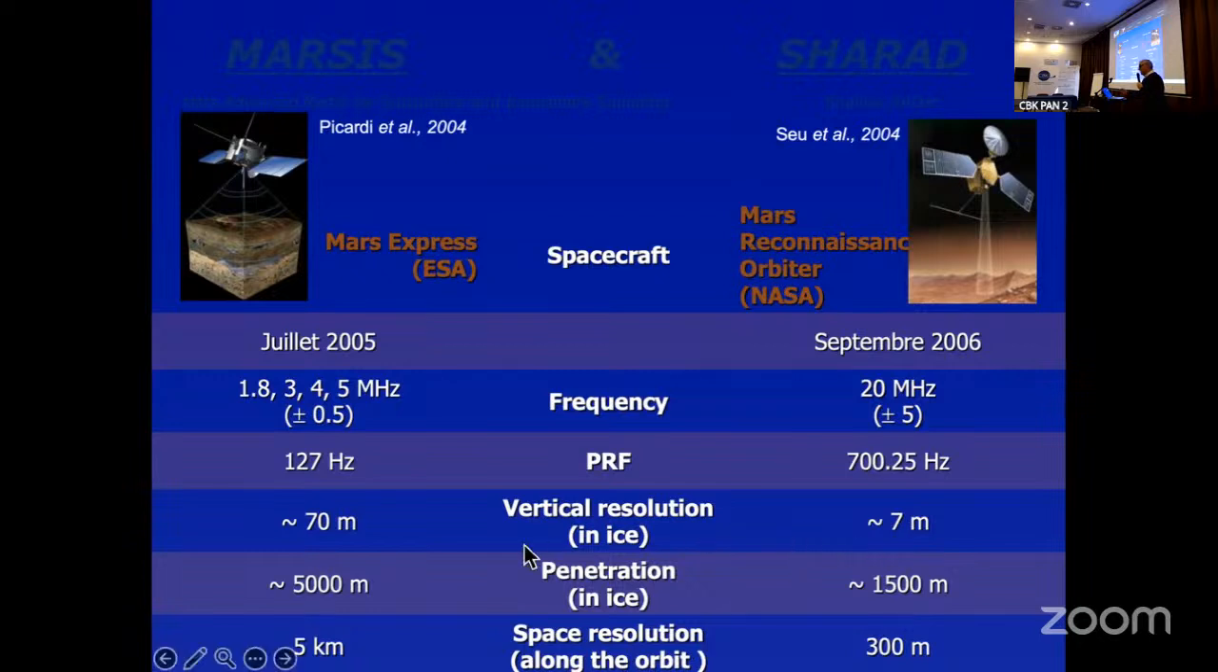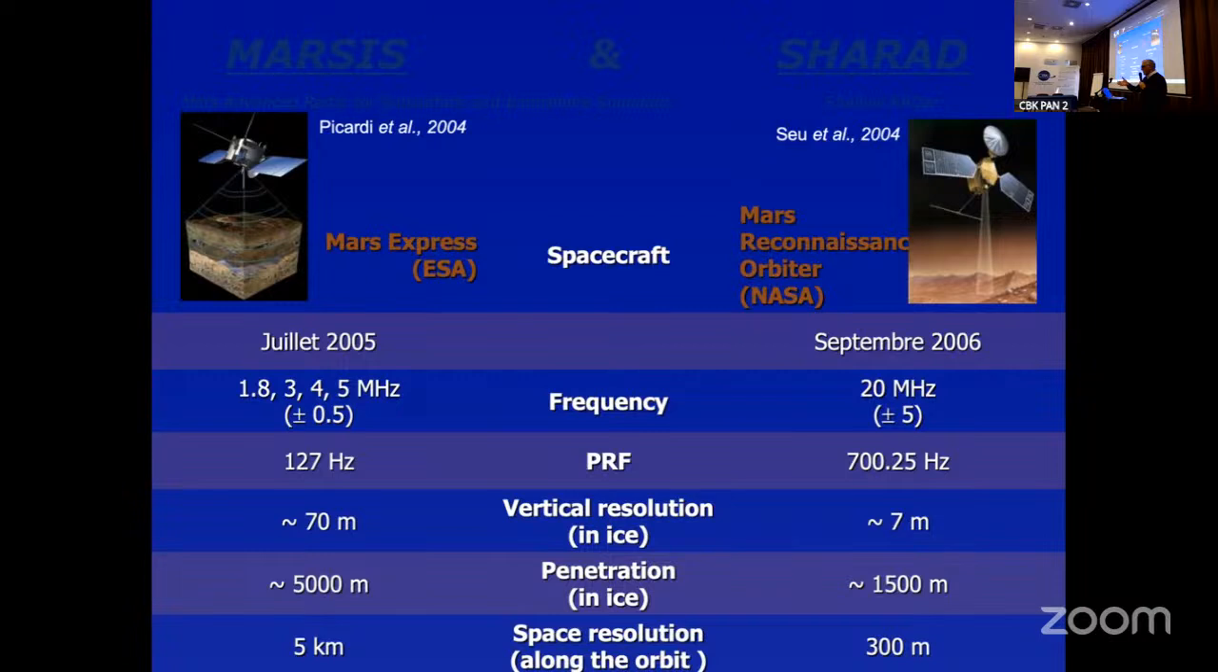But the frequency being 4 times larger, the penetration is much smaller. On MARSIS, you penetrate up to 5 kilometers below the surface. On SHARAD, it's only 1.5 kilometers, which is a big difference. But what happened with SHARAD is that they recalculated the lobe of the antenna relatively recently, and they found that